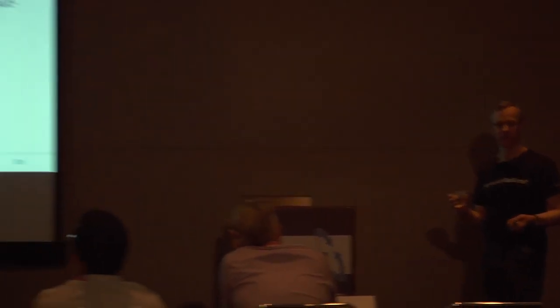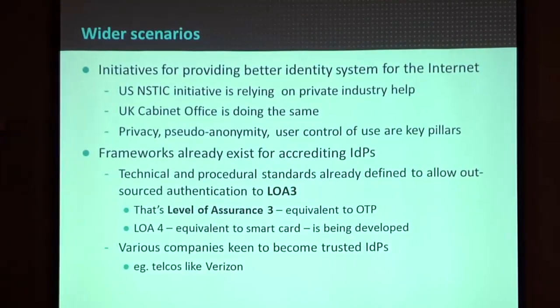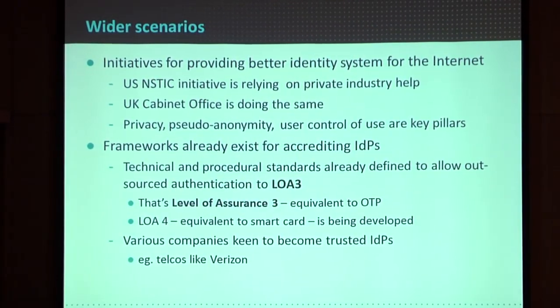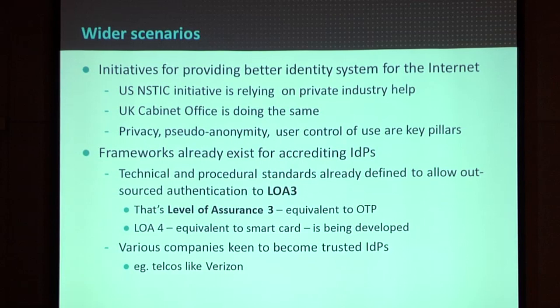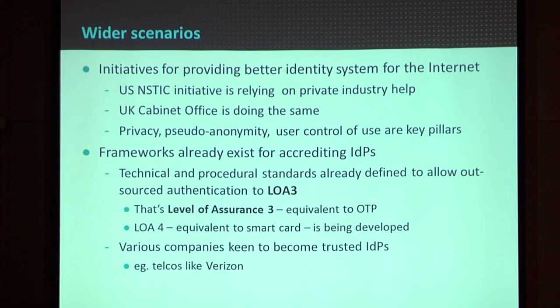And actually what's happening is there is a move, that you probably won't have heard of, to create identity federations or identity providers at internet scale. Companies like Verizon are very keen to be in this business. There's a lot of work happening right now to define the standards for how someone like Verizon can be a trusted identity provider for anyone on the internet or for organizations, and how there can be other organizations like them so people can choose between them, how they can do it with a high level of assurance, and basically how you as a consumer could come to trust someone like that to authenticate you.